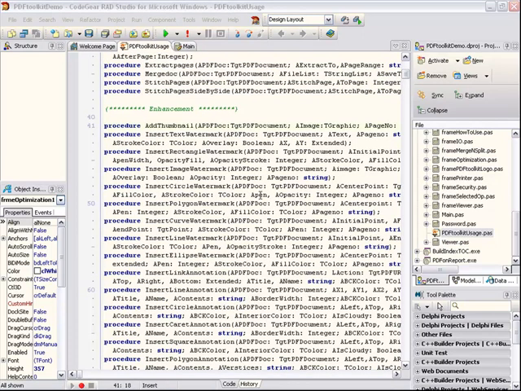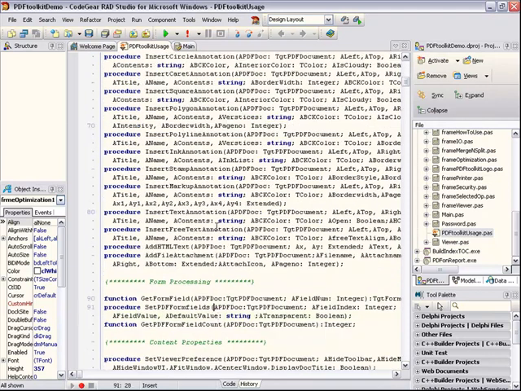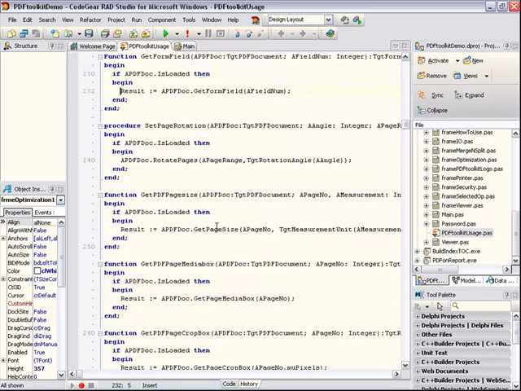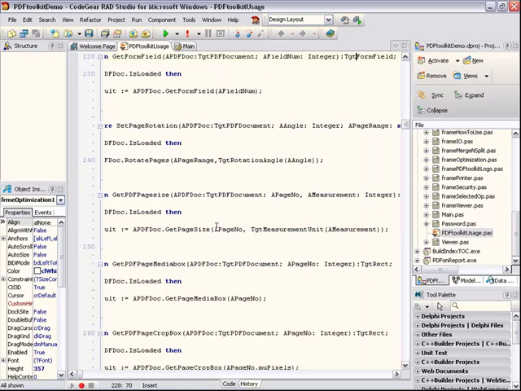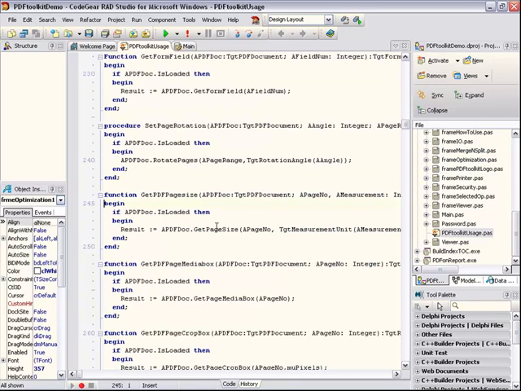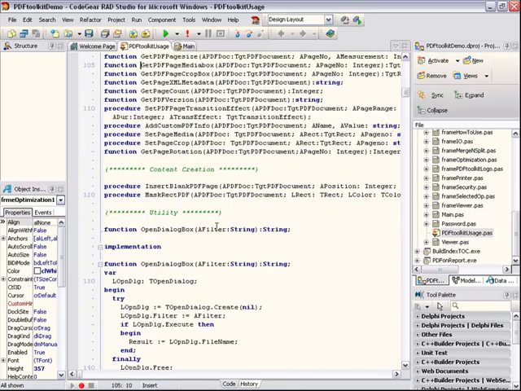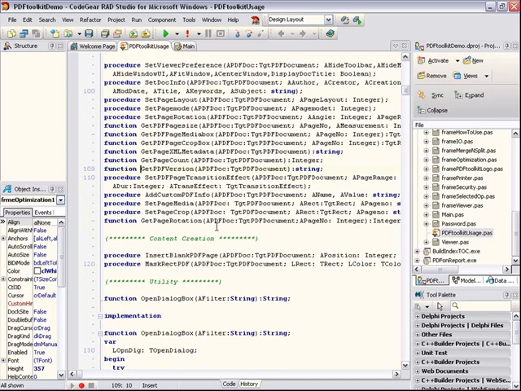Then for processing forms, we have an additional set of methods. It's much like how we access items from a string list. All we need to do is call the getFormField method, passing the name or number of the form field, and we get a GT form field object, and we simply access the properties on that particular form field. So there's a full set of methods for working with form fields, and